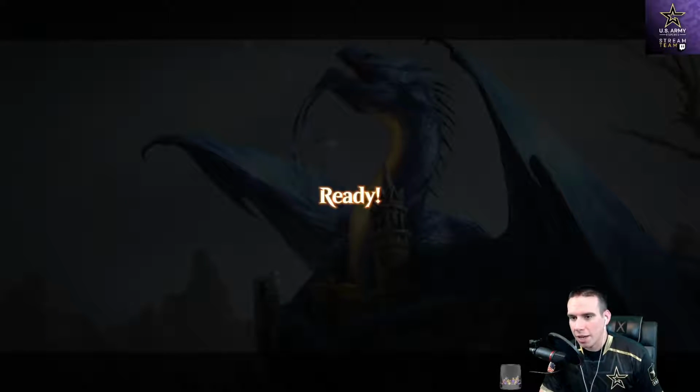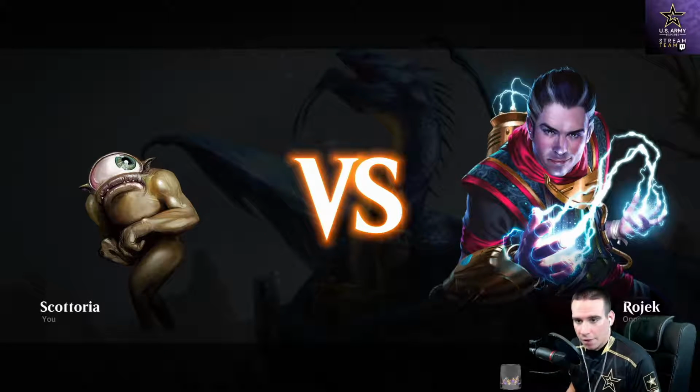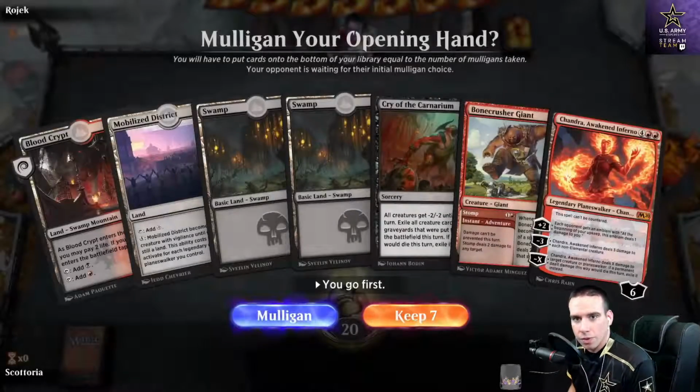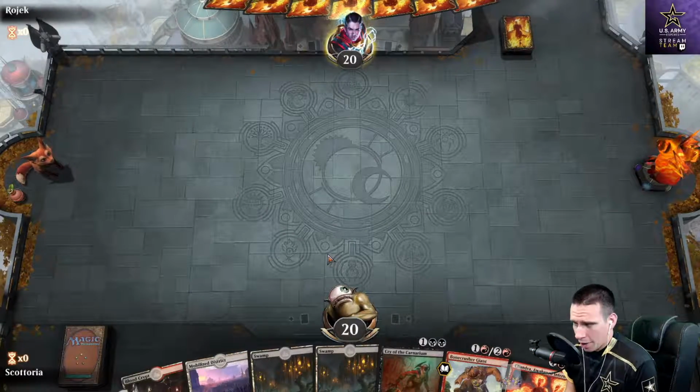Win cons being Liliana, Chandra, six drop Chandra, and there's even a Mobilized District thrown in there, and you can even get a Bonecrusher Giant to output some damage as shown in this video. Let's go straight into it so that way we can kind of explain the unique aspect of this deck. Everything other than those cards I just listed off is pretty much removal. We see things like Cry of the Carnarium here, Disfigure, Duress, Murderous Rider could also be a